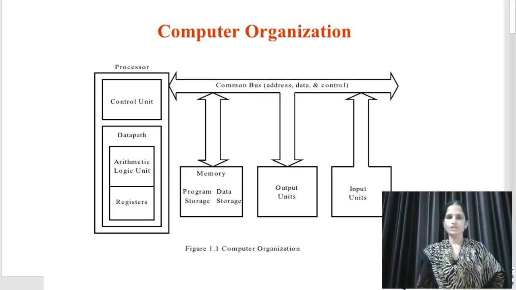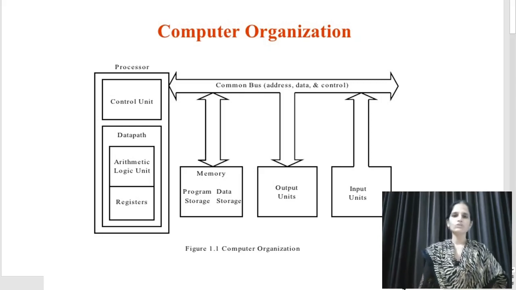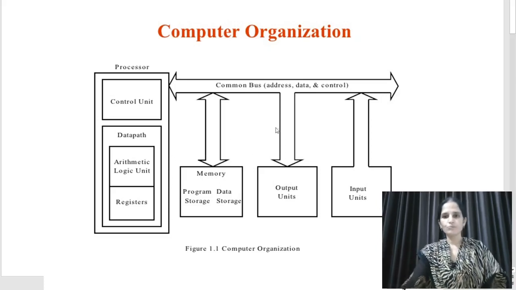In the last class, we discussed the computer system, and we have already discussed the four functions of your computer system. We also discussed computer organization: how the bus works, how the CPU works, and how the input and output devices work. Today we are discussing each and every part individually. First, we are discussing the input unit.